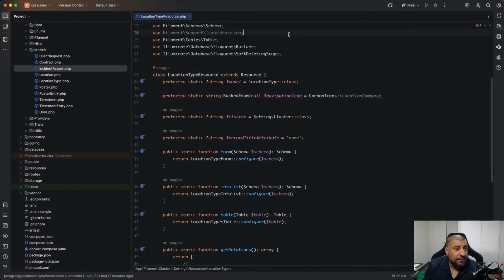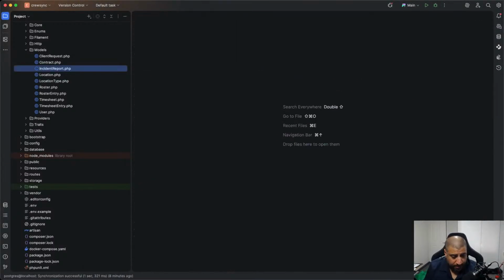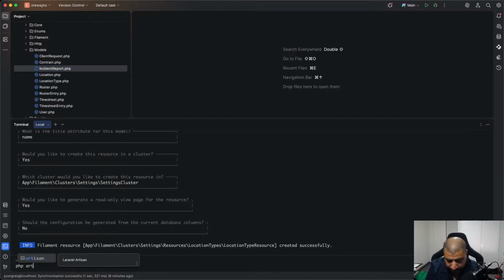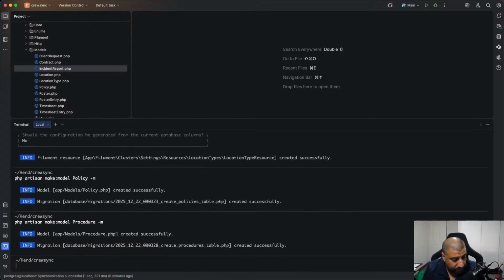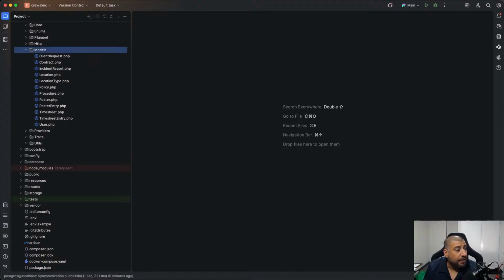Let's have a look. Let's clean up here. So PHP artisan make model for policy with a migration and a procedure with a migration. All right, so